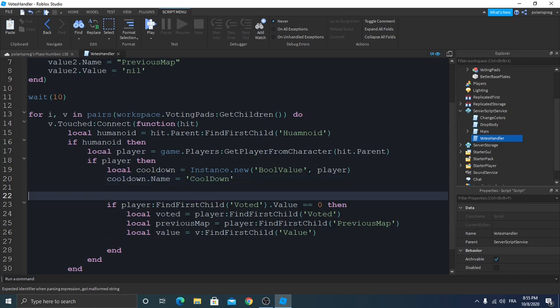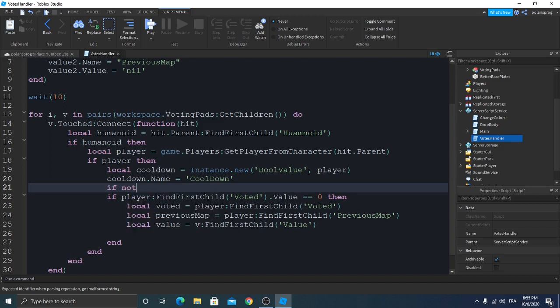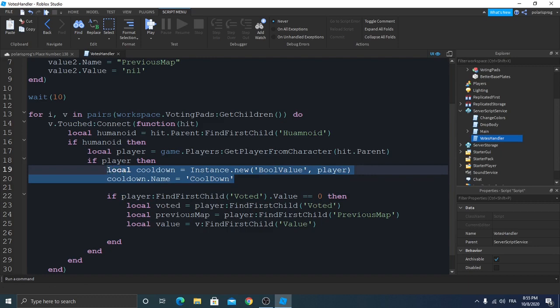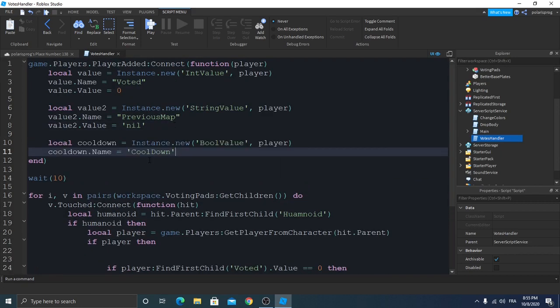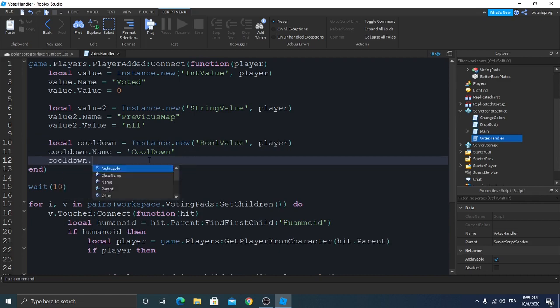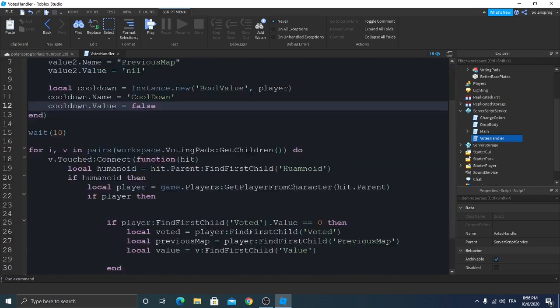We can just say if player:FindFirstChild("cooldown"). Actually, let's put this cooldown here in the PlayerAdded event, and cooldown.Value = false, and